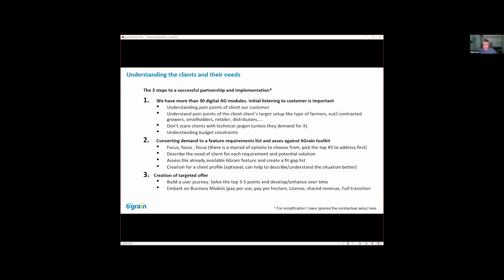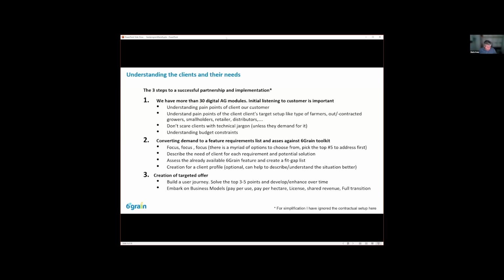And then also very important, and Pete probably will tell this from a customer perspective later, also the business models. We do not have a standard out of the box, where you pay a license of $X and then that's it, you can use it. No, we typically try to work with our customers and come up with a solution which creates a win-win. Could be a pay-per-use, we pay per hectare, we issue a license, of course, or we make